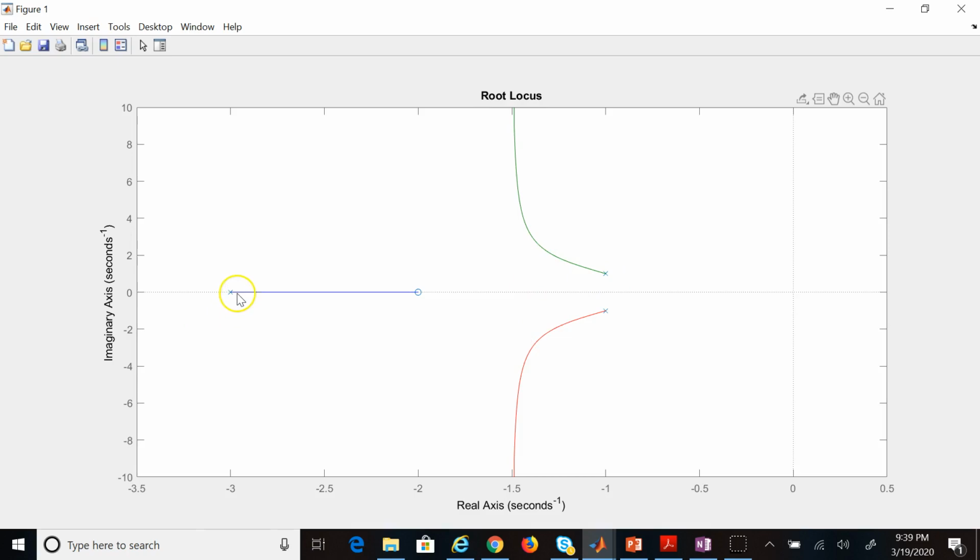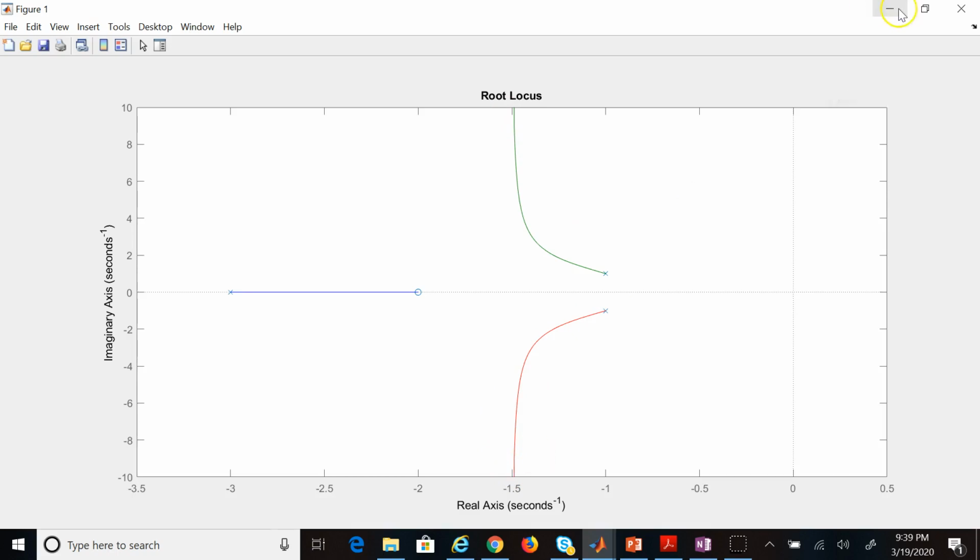But here, no. It takes this pole to go from -3 to -2 when k changes from 0 to infinity. So this pole moves very slowly in response to parameter k. K does not change the location of this pole so significantly, but it does change the location of these poles quite badly. Okay? So this is the case for a